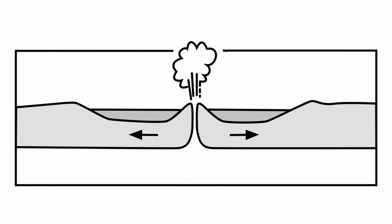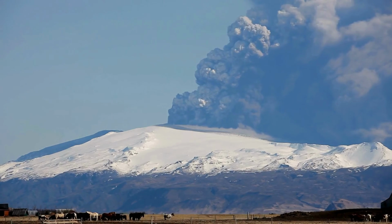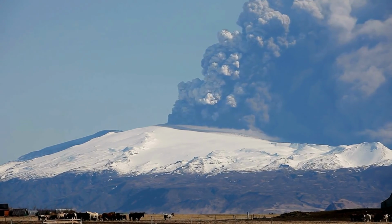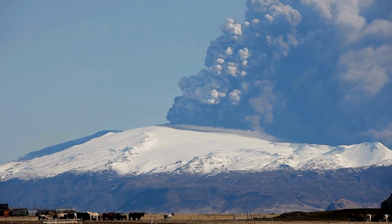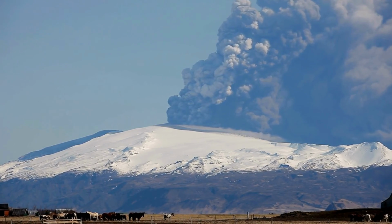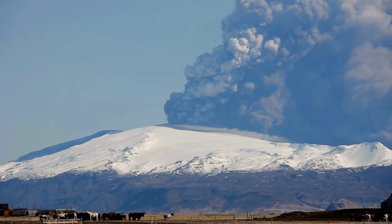As the plates move apart, the magma chamber below Eyjafjallajökull fills. Leading up to the 2010 eruption, several magma chambers combined to produce a significant volume of magma below the volcano. An eruption in March 2010 forced a brief evacuation of around 500 local people. However, the 14th of April eruption was 10 to 20 times more powerful and caused substantial disruption to air traffic